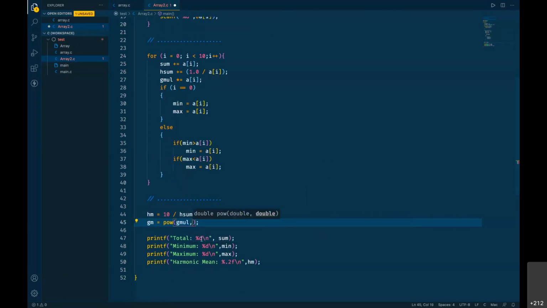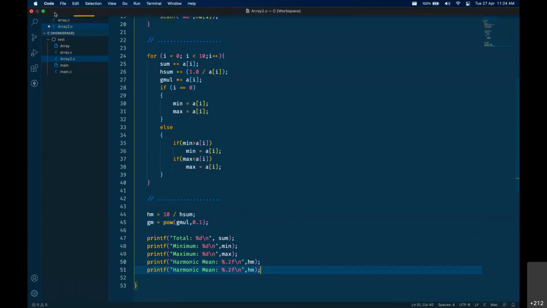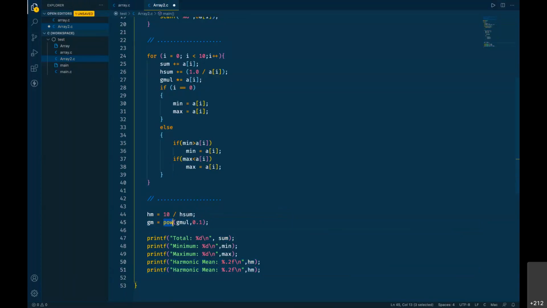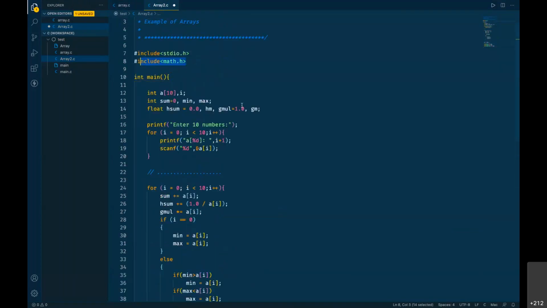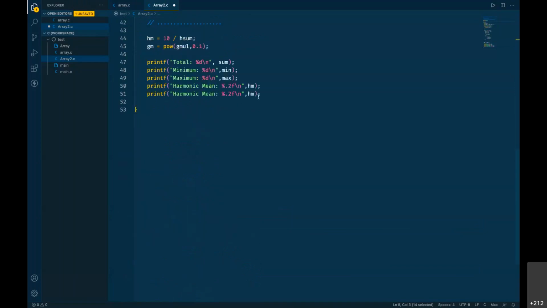Now power is what? 1 divided by 10, so it's 0.1. I can also go for 0.1 here, and then I can print geometric mean also. So this pow is a function defined in math.h, remember. So now let us print geometric mean here.